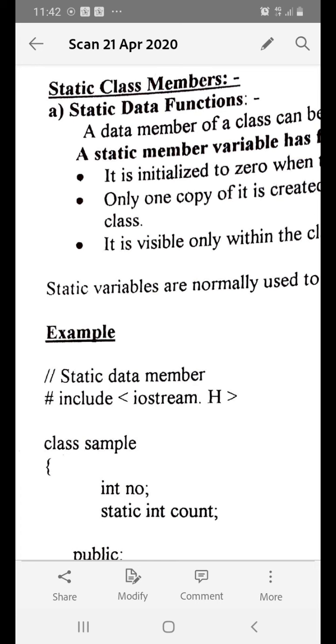See, if I consider one class with two variables A and B, and if I create three different objects of that particular class, then memory gets allocated for each and